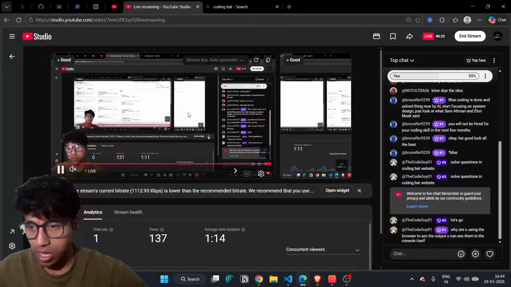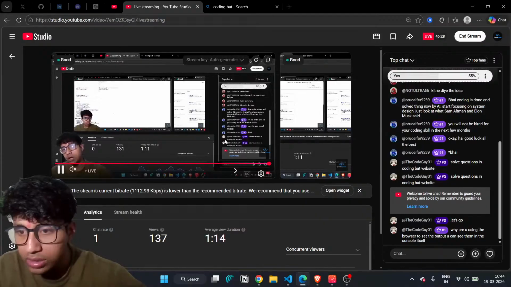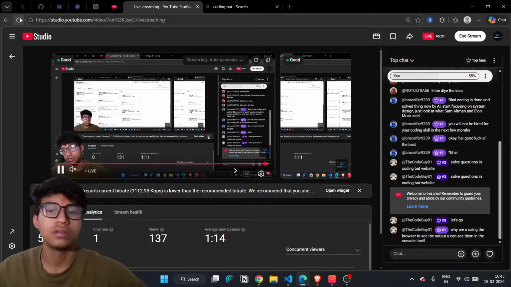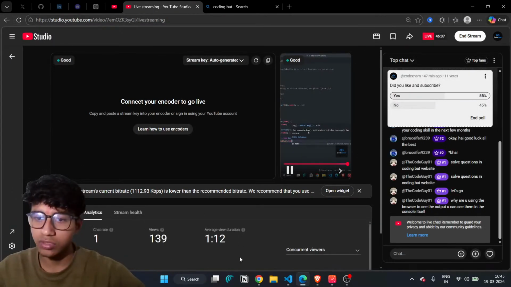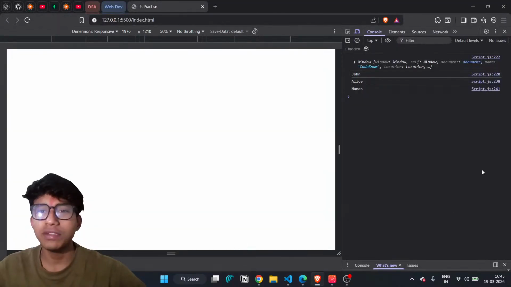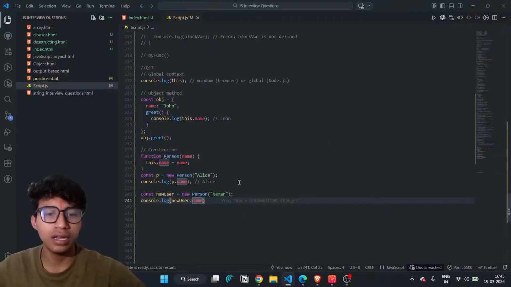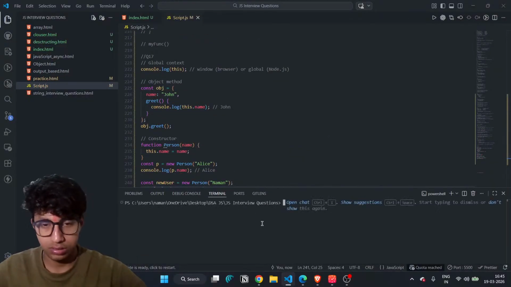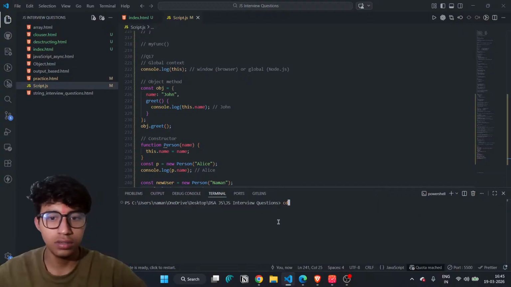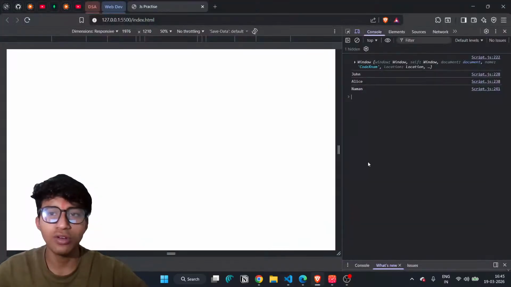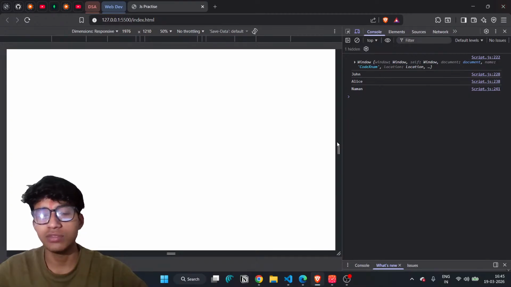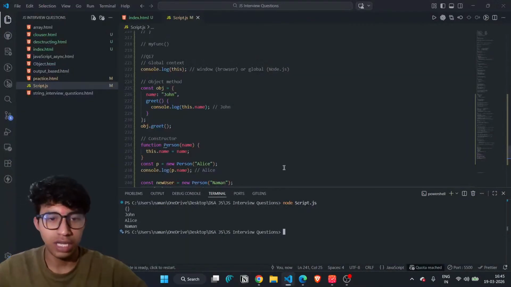Okay. Why are you using the browser to see the output? You can see them in the console itself. हाँ, ब्राउजर पे भी देख सकता हूँ, तो ब्राउजर पे ही देखूँ, मतलब अभी HTML से कर रहा था शायद इसलिए। That's also good idea। एक काम करते हैं ना इसको इंटरव्यू क्वेश्चन ठीक है, CD, node script dot js, एंटर। हाँ हाँ, ठीक है, टर्मिनल पे देख लेता हूँ इसको। टैब को क्लोज ही करता हूँ, एक्चुअली वेस्ट ऑफ टाइम है वैसे, सही सही बोला। क्रॉस ही कर लेता हूँ। ठीक है, यहाँ पे भी हमें दिख रहा है।